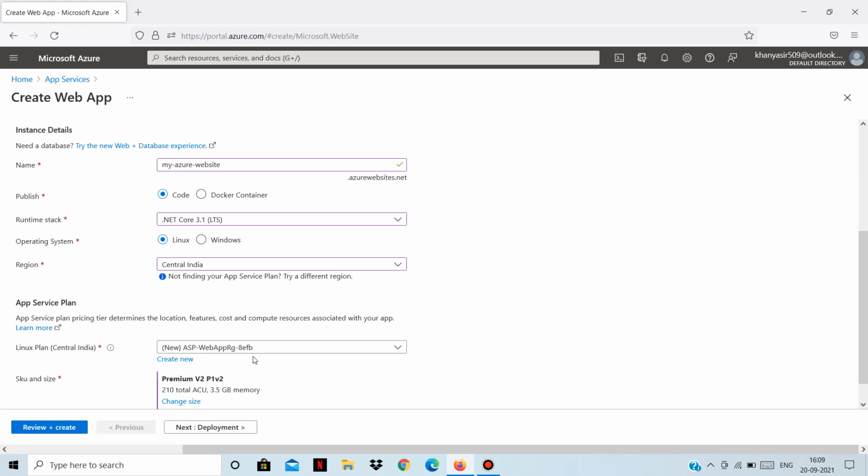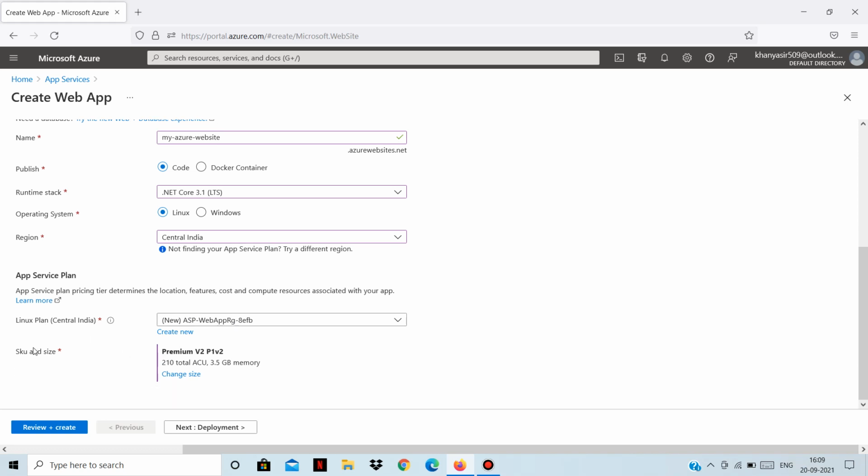Regarding a plan's size, you have to choose your SKU and size for your app service plan. A plan size determines the performance characteristics of the virtual server that will be running your web application. So whatever plan you choose, it will determine the performance of your virtual server that will be running your web application.